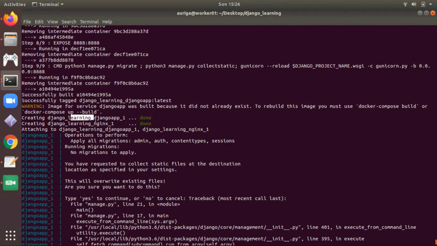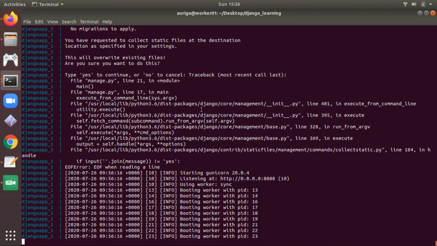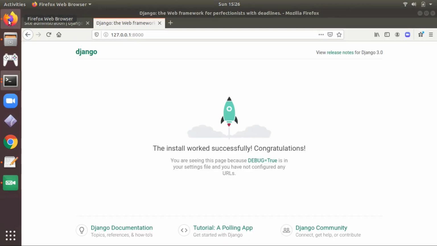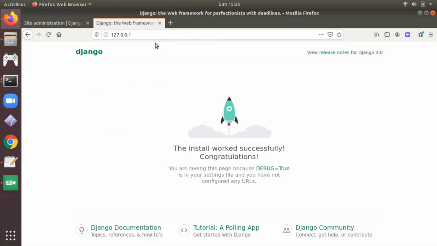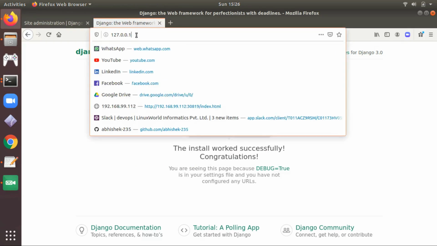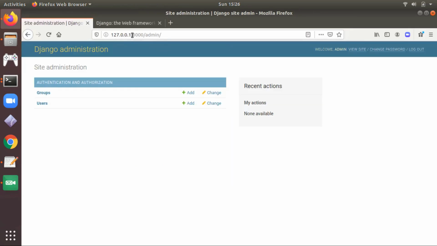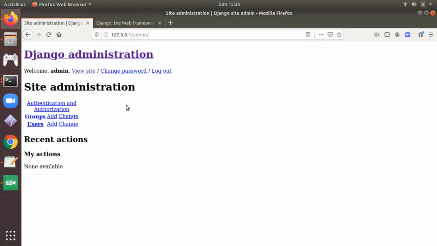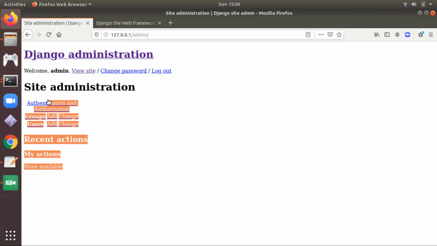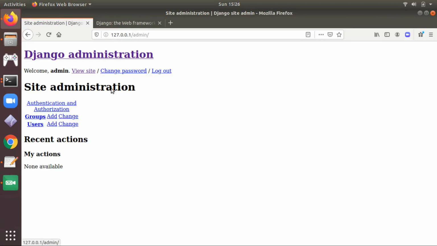You can see your Django app is running, your Nginx is also running. And now if we try to access it, as you can see the Django application, and here you can also access admin, but you can see the static files of admin are not there.